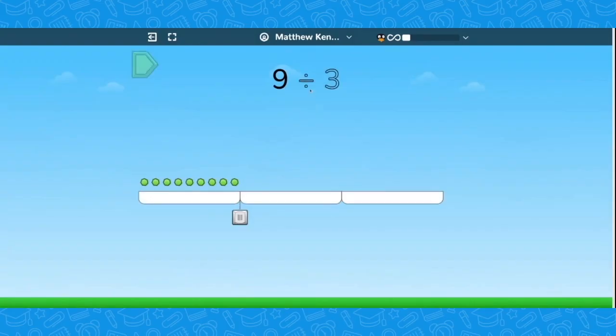Now I'm met with the division sign and the number 3, and I'm given 3 empty bars at the bottom. So because, again, there's not any audio directive telling me exactly what to do with these clickable bars, my first reaction might be, well, I dragged to 9 the first time. Maybe it's just looking for me to drag to 3 this time. So I drag all the way across, press play,